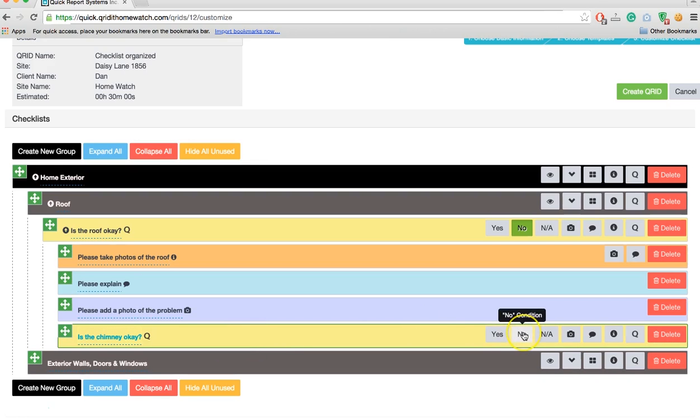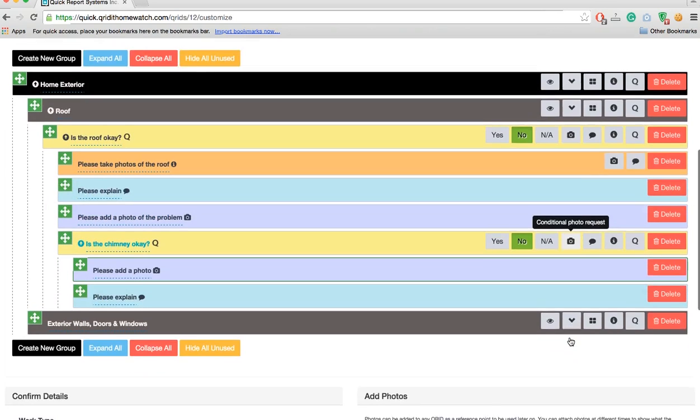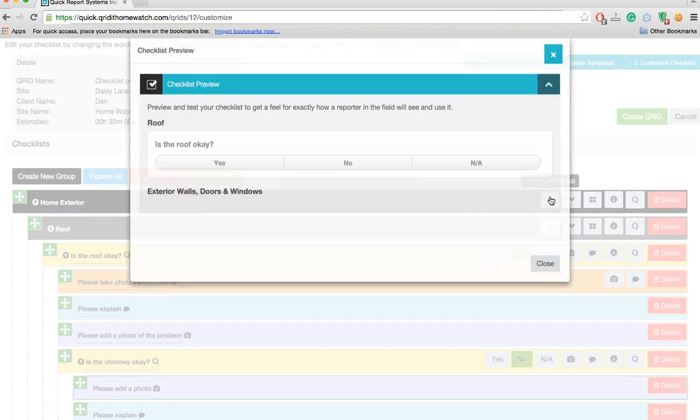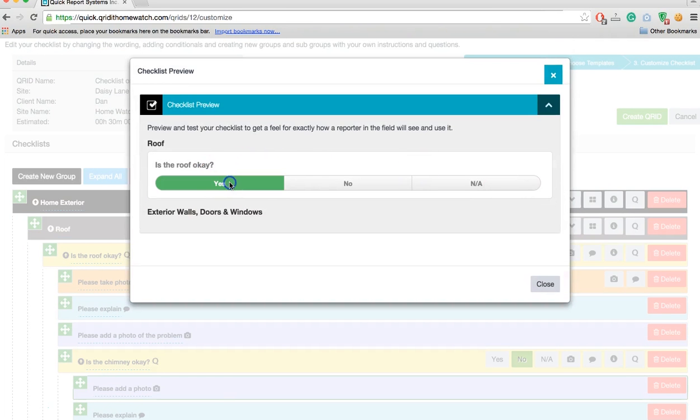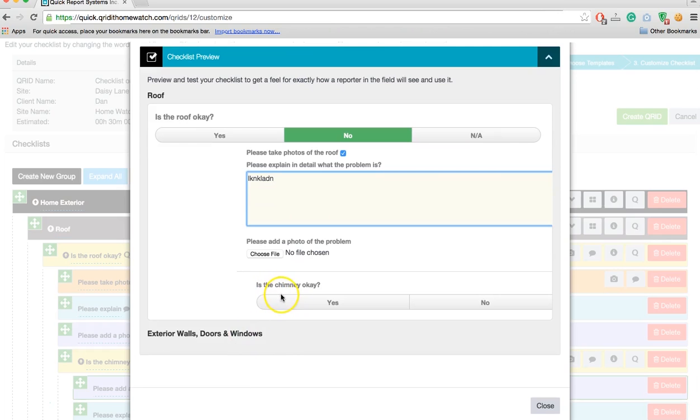And then I'm going to put in here, if you answer no, again, I want a comment and I want a photo. So let's go ahead and preview this again. So is the roof okay? Yes. Again, nothing happens. We move on. If I answer no, it says, please take photos of the roof. Okay, I acknowledge it. I put the details in, and now I have another question in here that's embedded